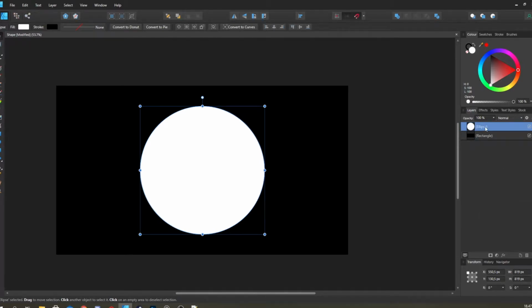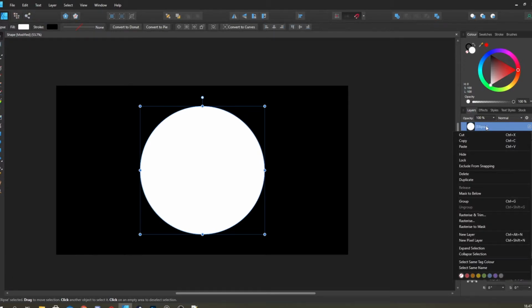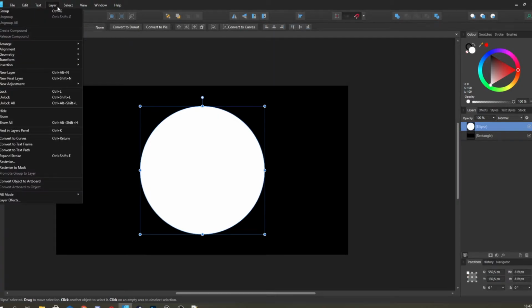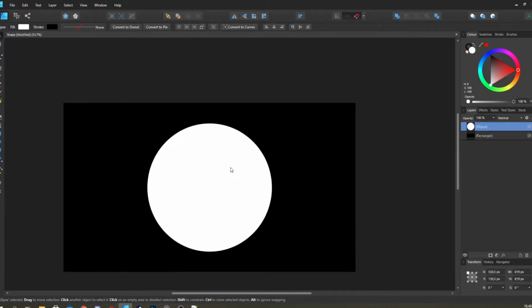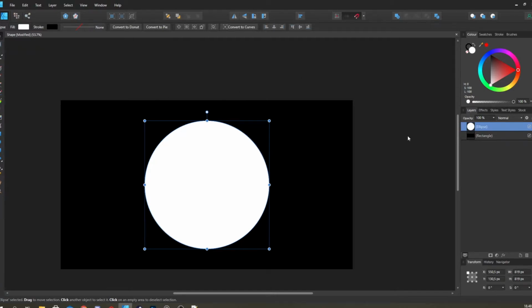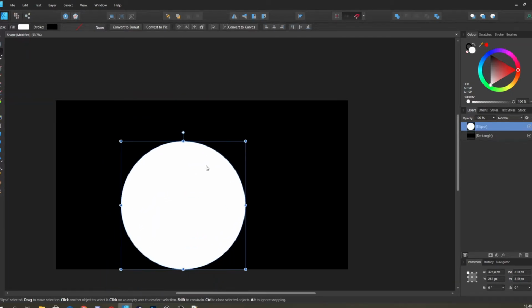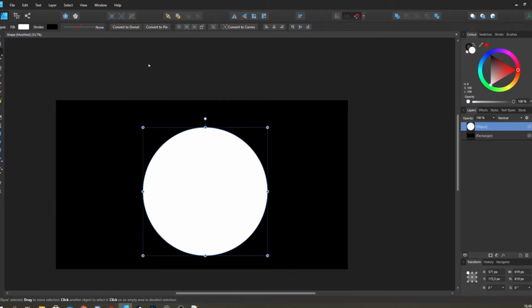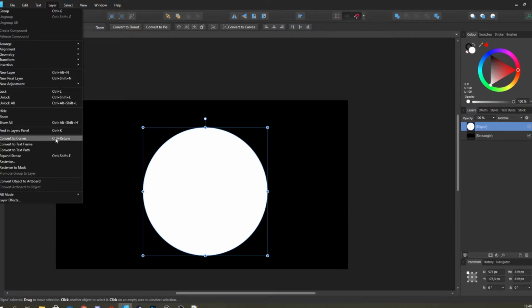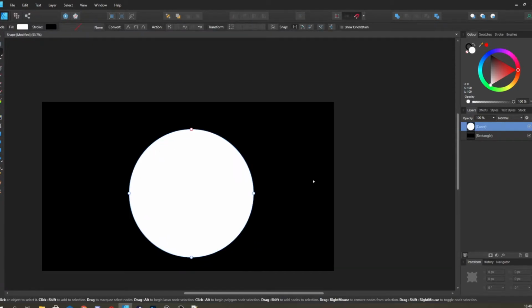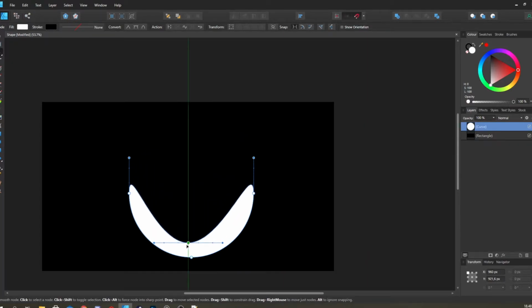So actually, first I'm also going to convert this. Convert to curves, because right now it takes this just as an ellipse circle shape, which we cannot really do much with. You see, if I go into this node tool, I can't select any of the nodes. Take that back, and then we go back into here, and I've set that to Ctrl+Enter as a hotkey, because I use that a lot. So now you see I can go in and change the